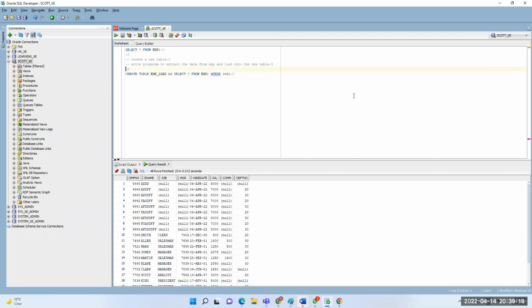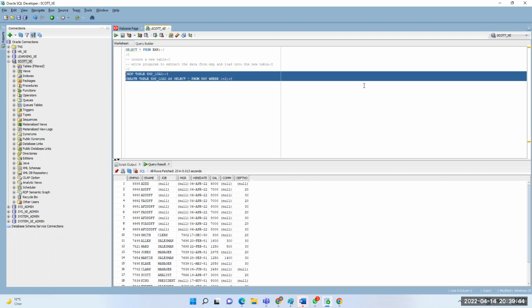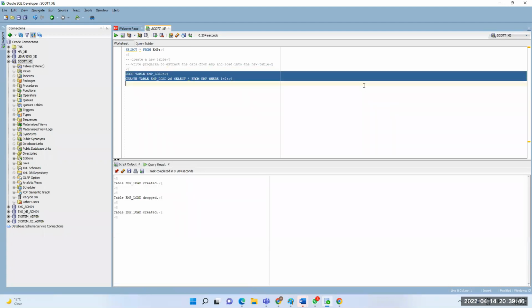So drop table EMP load, and then I'm going here and create the table.